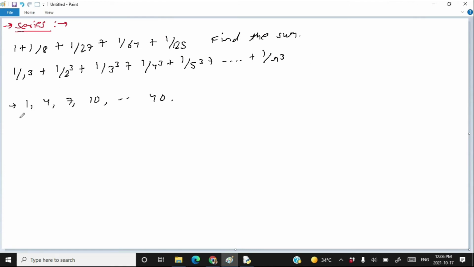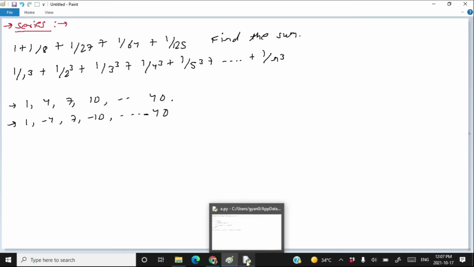Now suppose that we have to print a series like 1 comma minus 4 comma 7 comma minus 10, something like that. And of course 40 will come with minus, because as you can see here, the even terms are coming with minus, whereas the odd terms are coming with plus. So let's try to print this series.